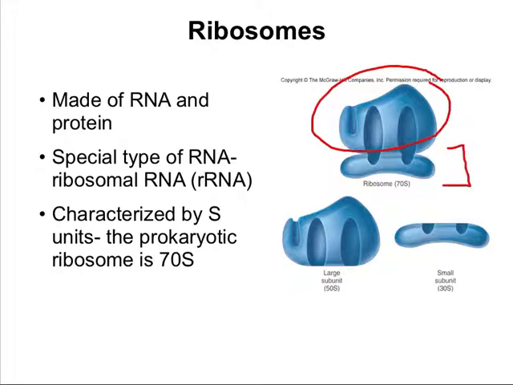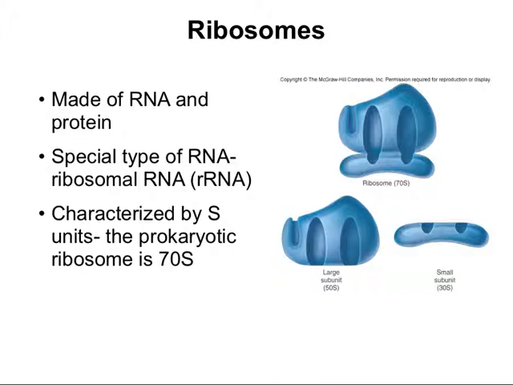Now, we characterize ribosomes by S units, or Svedberg units. These units are used to rate the molecular sizes of the ribosomes. When we spin the ribosomes down in a centrifuge, they separate by molecular weight. Those that are most dense sediment, or fall to the bottom, faster. They have a higher S value. Prokaryotic ribosomes are 70S. That is, both subunits together weigh 70 Svedberg units, whereas eukaryotic ribosomes are 80S. The importance of the distinction between 70 and 80S ribosomes will become more evident as we move through the content